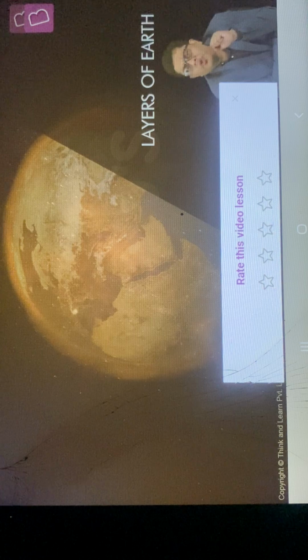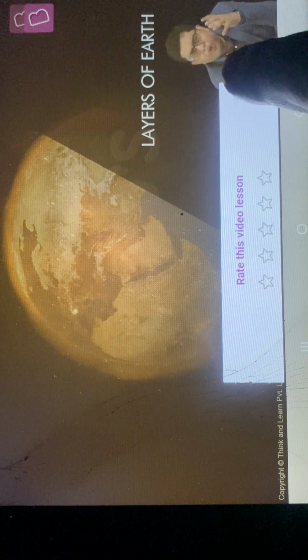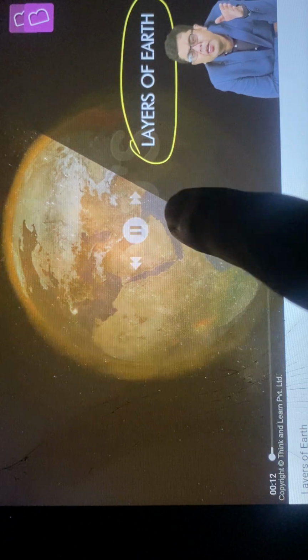Now, once we have looked at the evolution and the formation of the planet, let us take a look at the various different layers which make up this planet. So till now, we have already taken a look at the fact